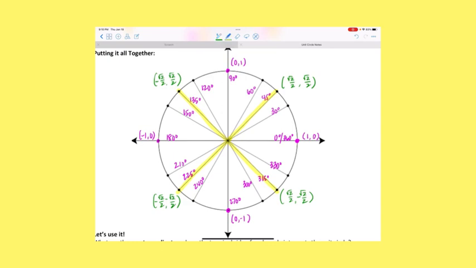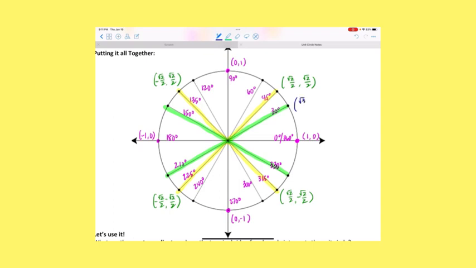Now let's look at the 30 degree. Okay, which other angles have the 30 degree reference angle? So the 30 degrees away from the x-axis there, 30 degrees away from the x-axis there, 30 degrees away there, and 30 degrees away there. So all those angles have a 30 degree reference angle. All of those intersect the unit circle at the same place. So the coordinates in these, in the 30s, were